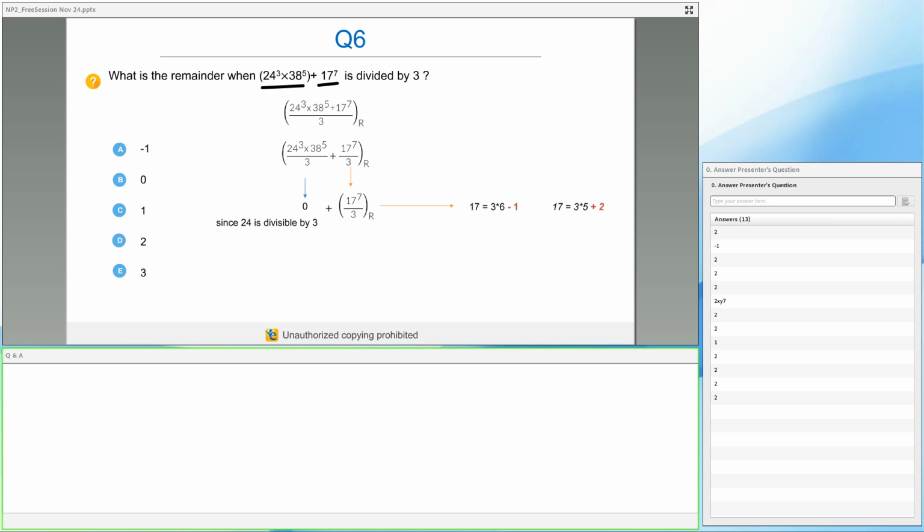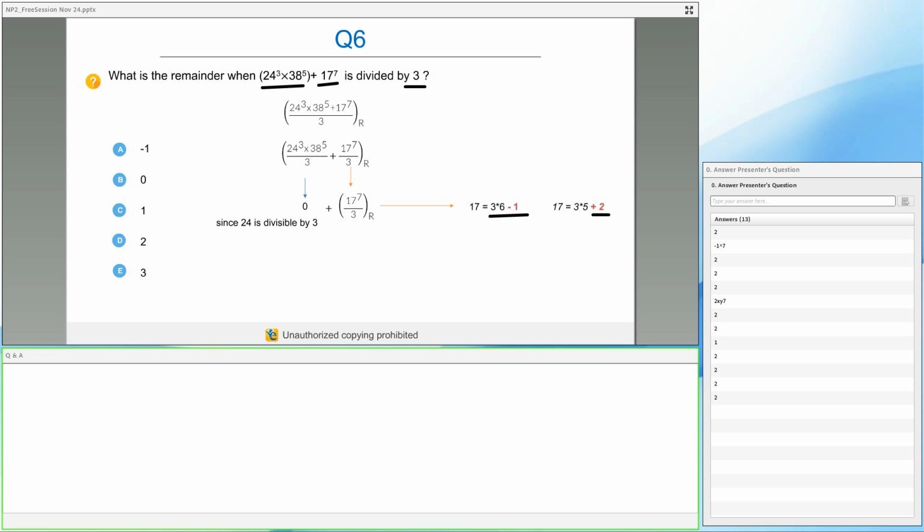One easy way I'll tell you to understand whether you can write it as minus 1 or not is to always check the positive remainder. If the positive remainder is 1 less than the divisor, then that's a clear indication that this number can be expressed in the form of a negative remainder. It can be expressed as something into minus 1. That is one quick way to make a decision.